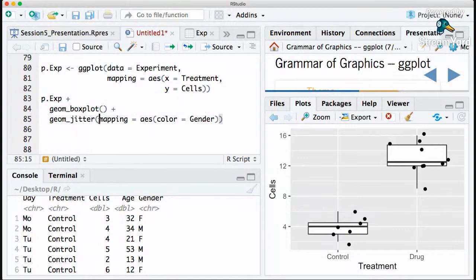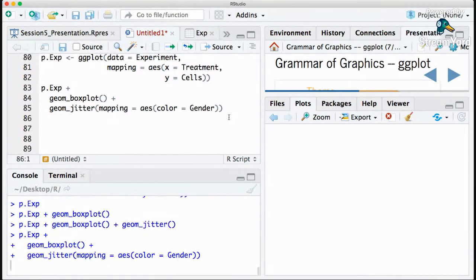Now notice that we did not provide it any data. We didn't have to, and that's because this layer sits on top of the previous layer, which has all the information about data. Right? So after initiation of the ggplot object, any added layer can always refer back to the original data where it was made from. So you don't have to provide it, it will look it up. And if we do this,